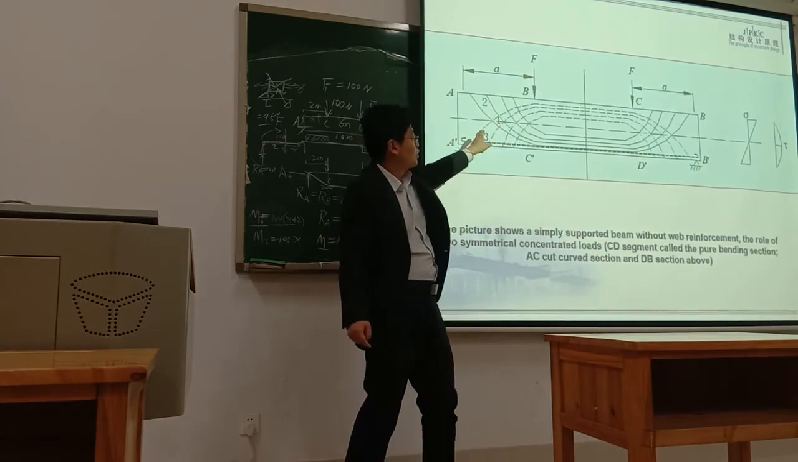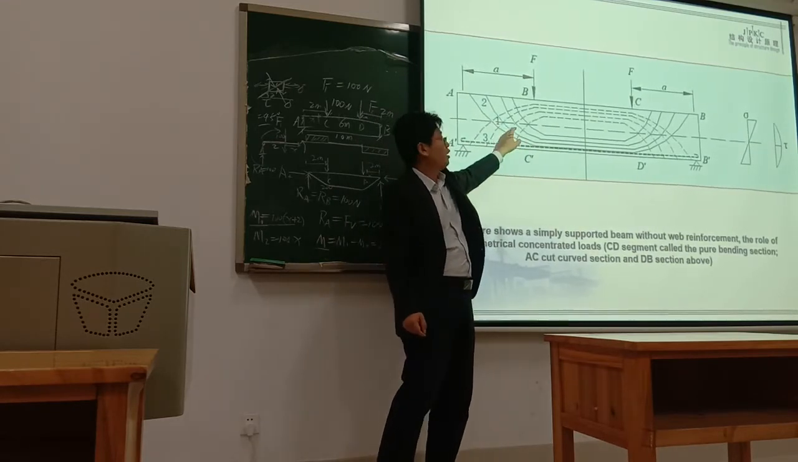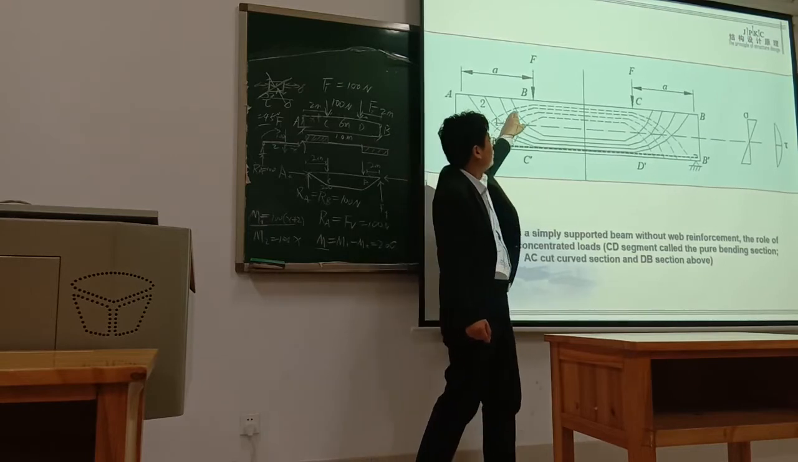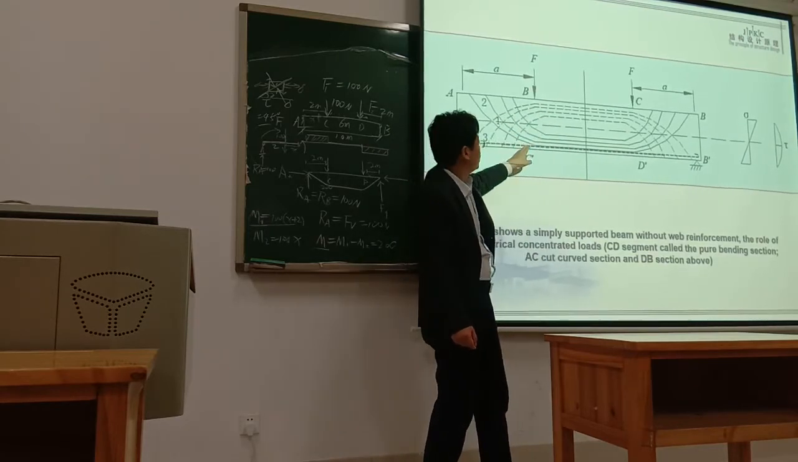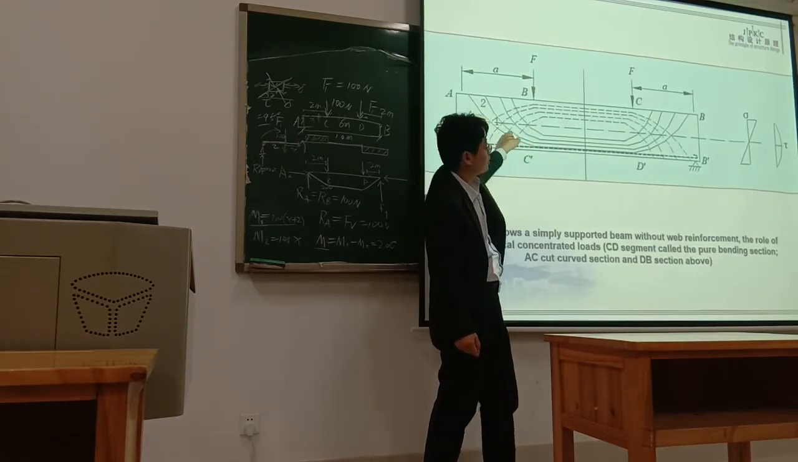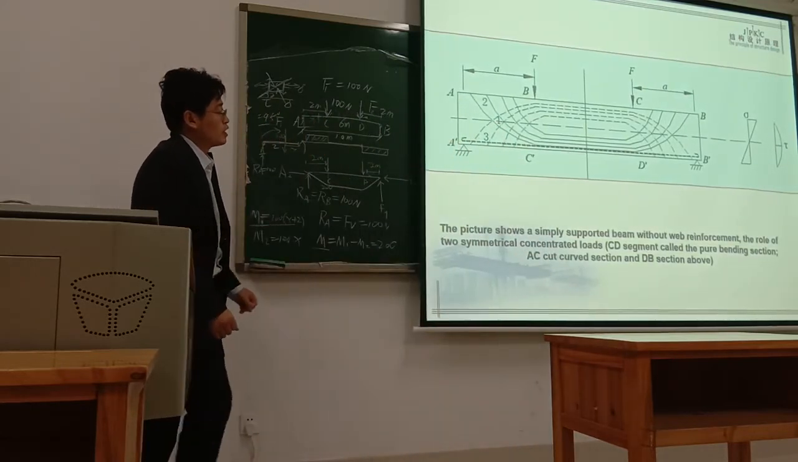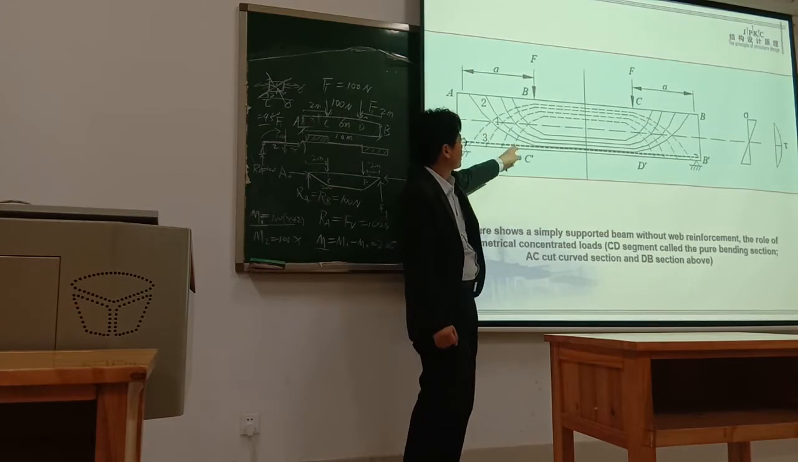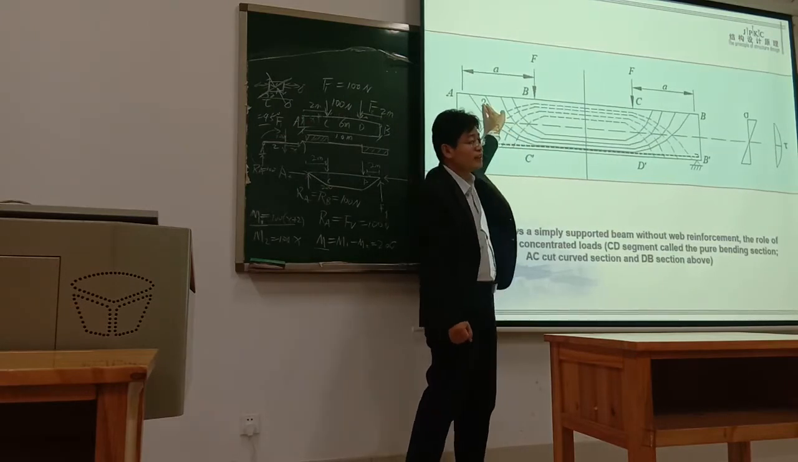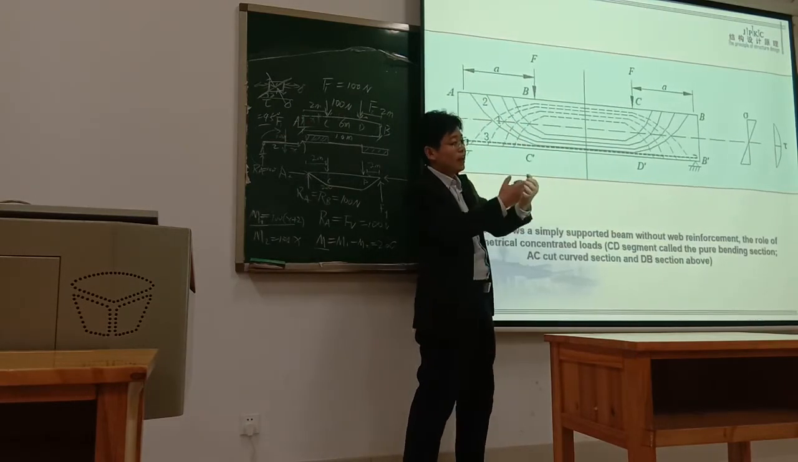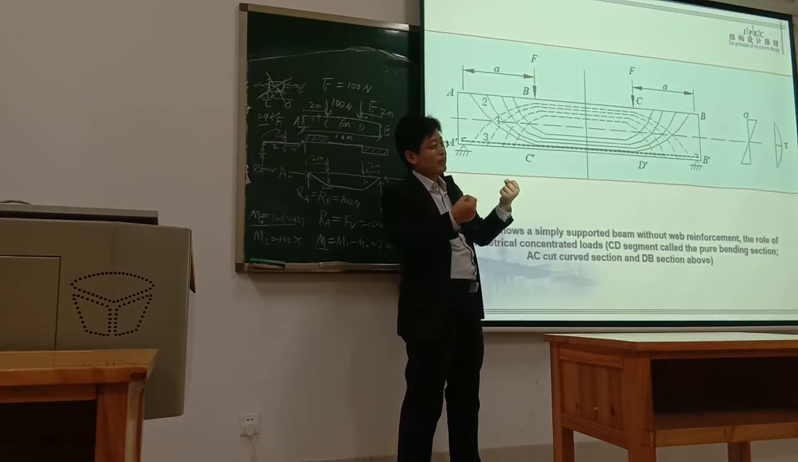So this is the distribution of the principal stress. This one is the principal compression stress. Those lines are the principal tensile stress. So tensile stress just like this. That means once this tensile stress is larger than the tensile strength of the concrete,